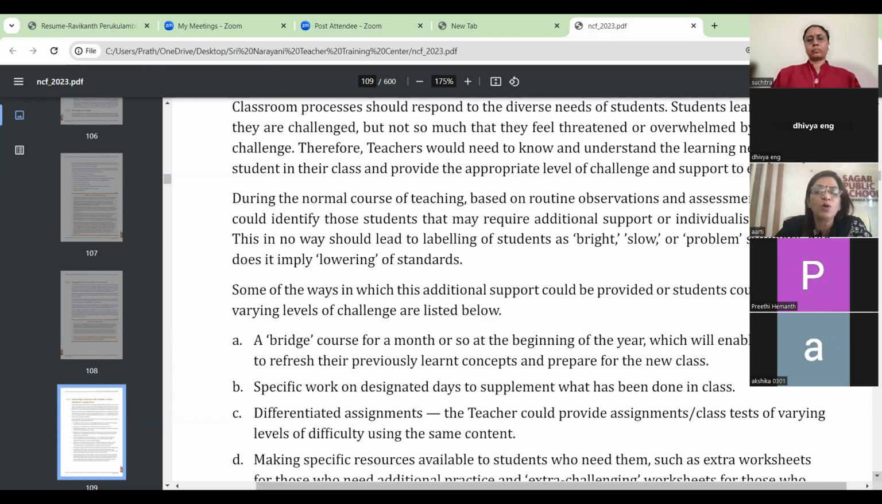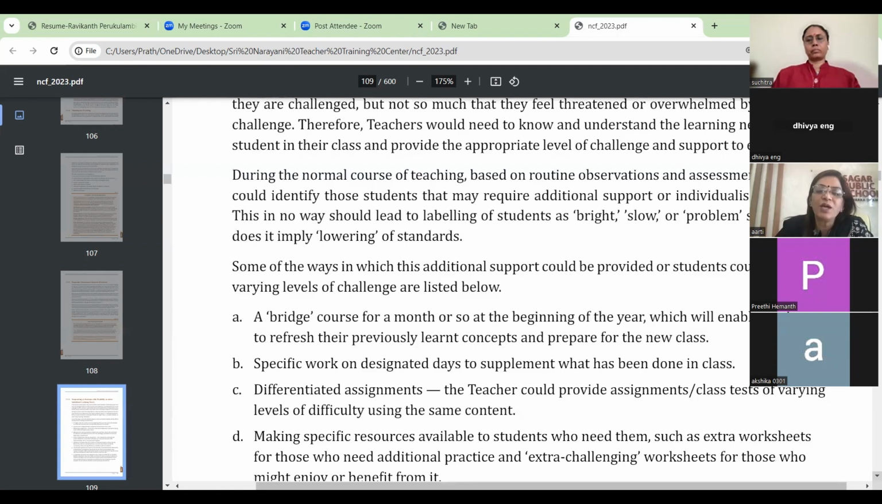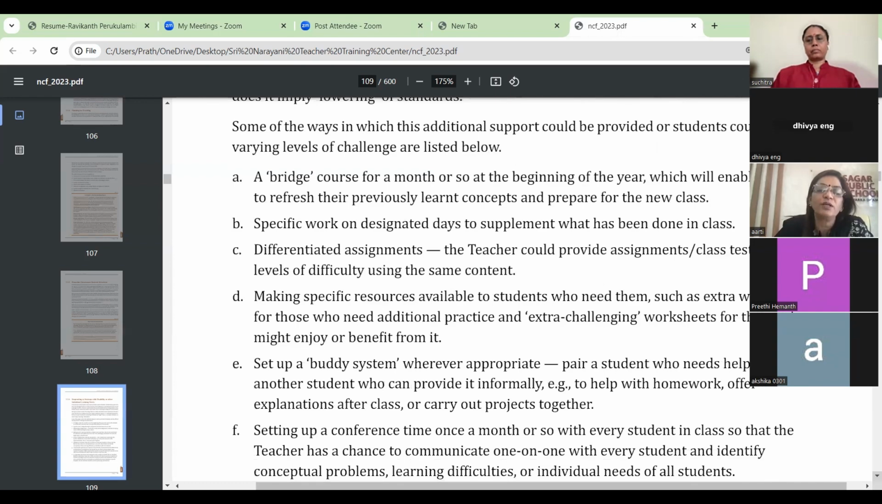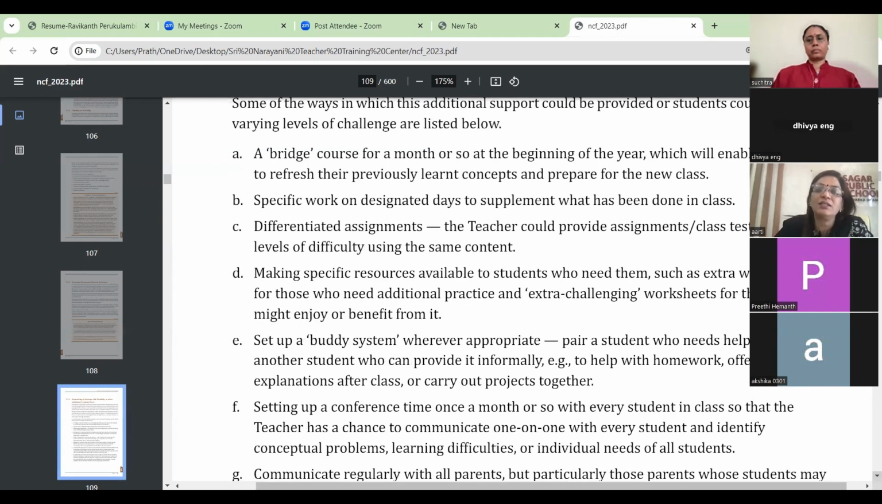This in no way should lead to labeling of the students as bright, slow, or problem students, nor does it imply lowering of the standards. Some of the ways in which this additional support could be provided or students could be offered varying levels of challenge are listed below. A bridge course for a month or so at the beginning of the year, which will enable students to refresh their